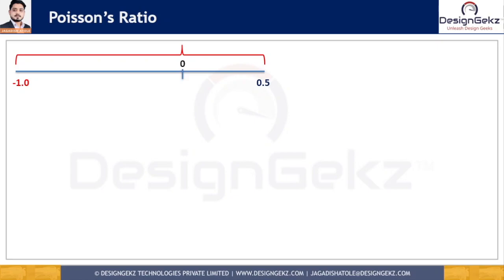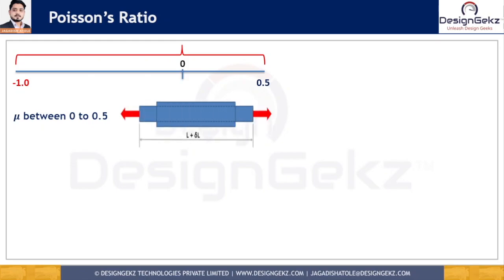In actual, most materials have a Poisson's ratio of somewhere between 0 to 0.5, and most metals have a Poisson's ratio of around 0.3. Now, most materials which show Poisson's ratio values between 0 to 0.5, for them, when the material is stressed with a tensile force, these materials contract in the lateral directions, meaning the lateral dimensions decrease, and the material which shows a nearly zero value of Poisson's ratio will not